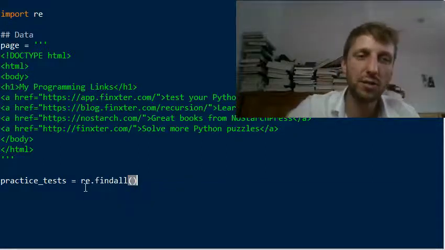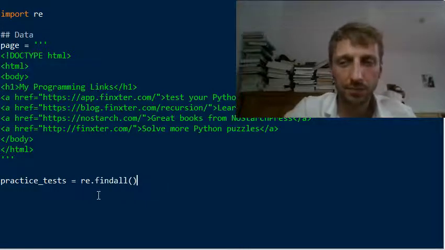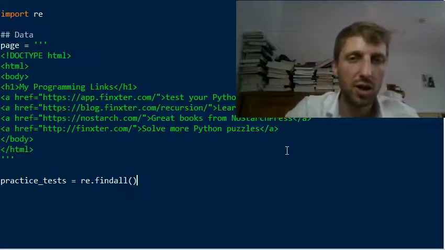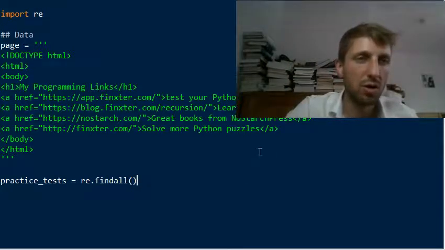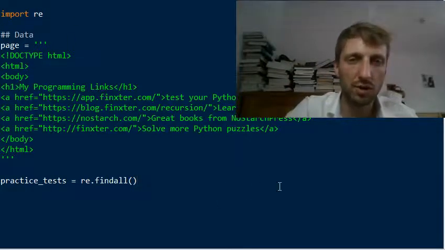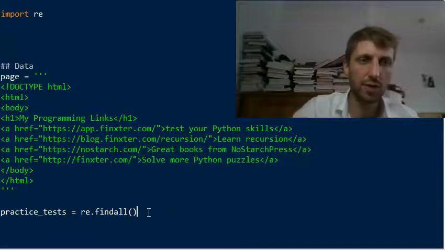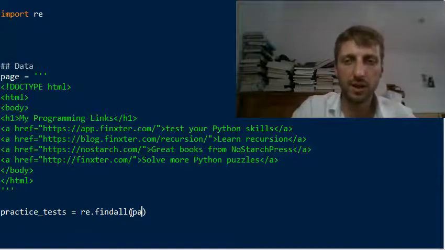And then we use the find all function, and the find all function gives us a list of all matches in our web document, so in our document here. Okay, find all. Now we only have to fill the pattern